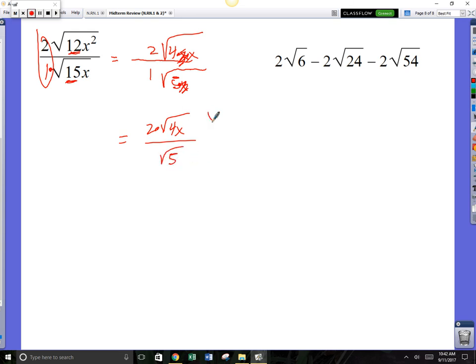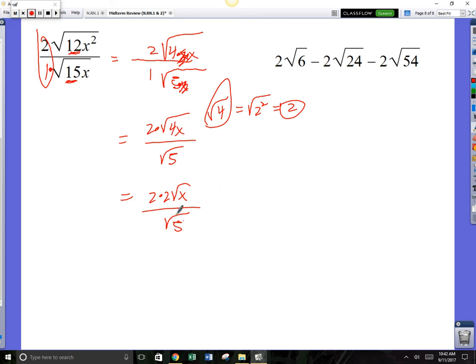Okay, now this hopefully jumps out at you. Square root of 4, that's a perfect square, because that's the same thing as 2 squared. And that is just the whole number 2. So I am taking the 2 out, so it's going to be 2 times a 2 on the outside, x on the inside, square root 5 on the bottom,